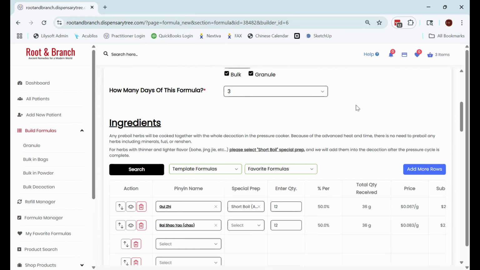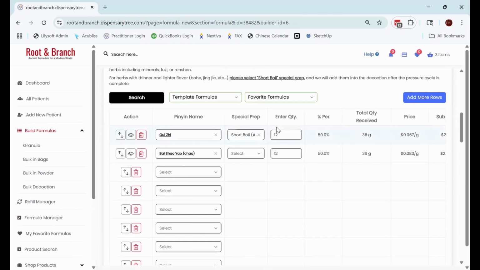So if you want your patients to have a lot of liquid or a little liquid or something, then you should write this formula as a bulk and bag and give them very specific instructions on how to cook it at home. If we cook it for the patient, which is very popular among folks who want the bulk experience, but they don't necessarily want to have to cook it, just pick a number of days and we'll take care of the math on our end. When you write the formula, you're going to write this formula as a 1 day quantity, right? You write the formula, how much bulk do you want them to take in 1 day, and let the system